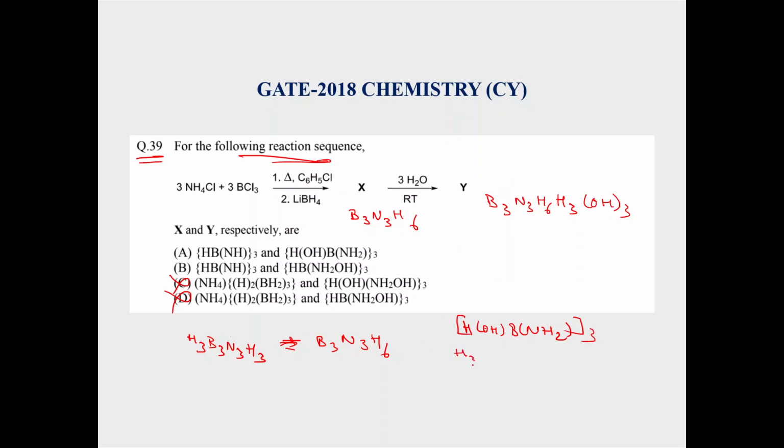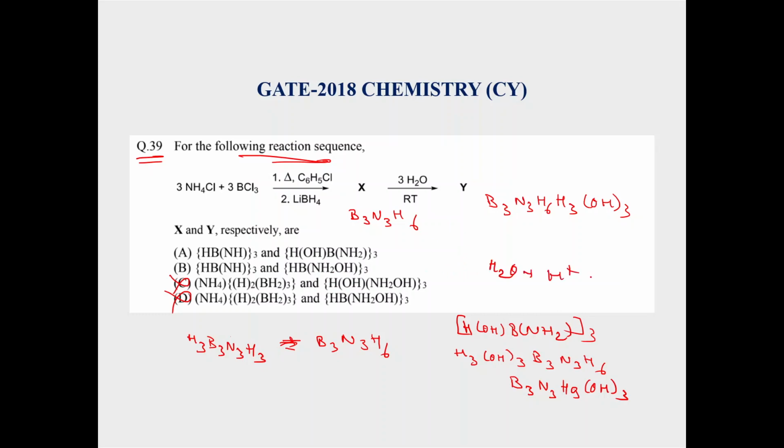So H3, OH3, B3, N3, H2 times 3 is 6. That is what we say, this one B3, N3, H6, or total we can write as 9, and OH3. So whereas here it is given as NH2OH, but